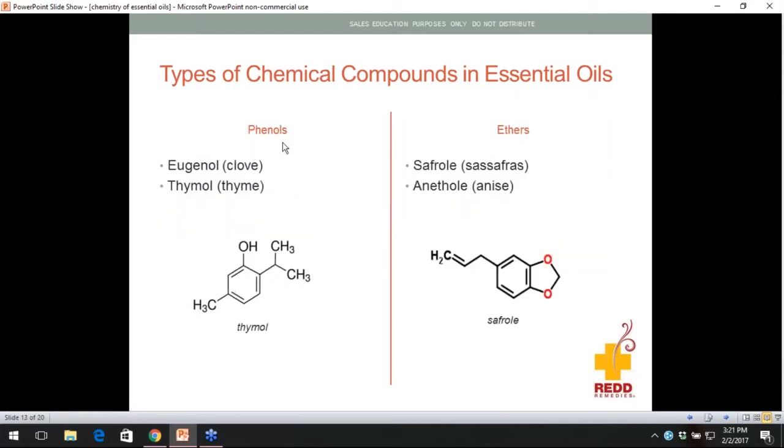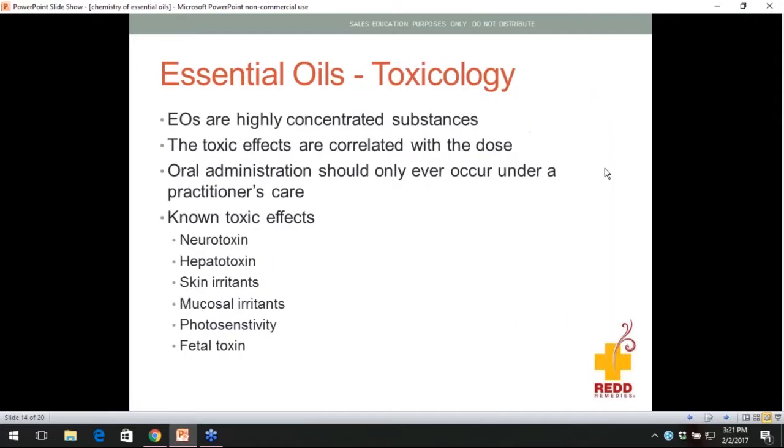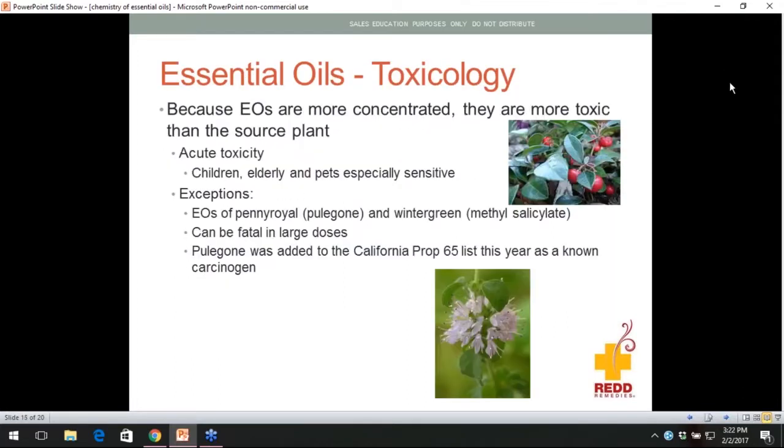So you also have phenols in here. So thymol and eugenol from clove. This is what thymol looks like. So we see thymol a lot in like Listerine. It's one of the chemicals in Listerine, antimicrobial. And ethers. So anethole and safrole are both ethers. They're both toxic. So the ethers you usually find in really small amounts. So those are just some examples